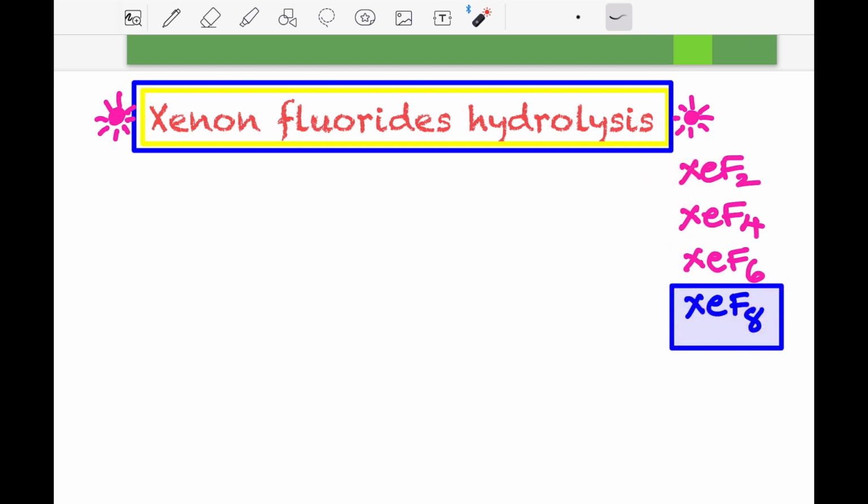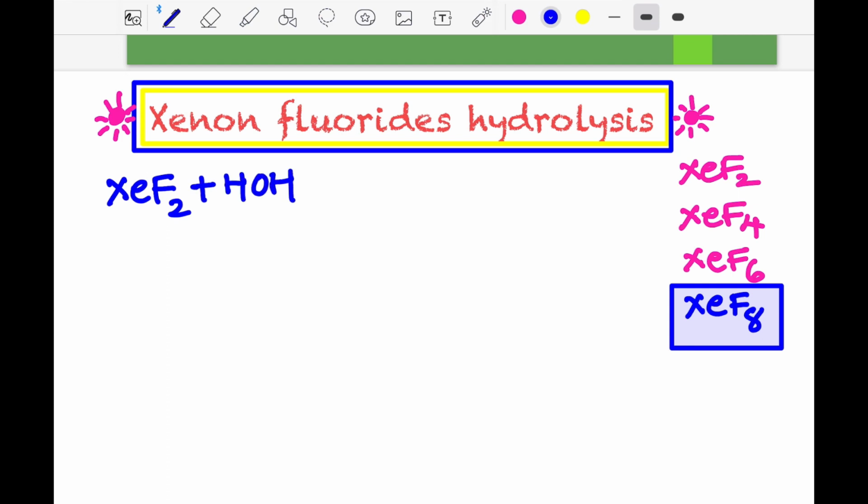So we'll talk about the hydrolysis of these: xenon difluoride, xenon tetrafluoride and xenon hexafluoride. Let's take a simple reaction. Xenon difluoride reacts with water